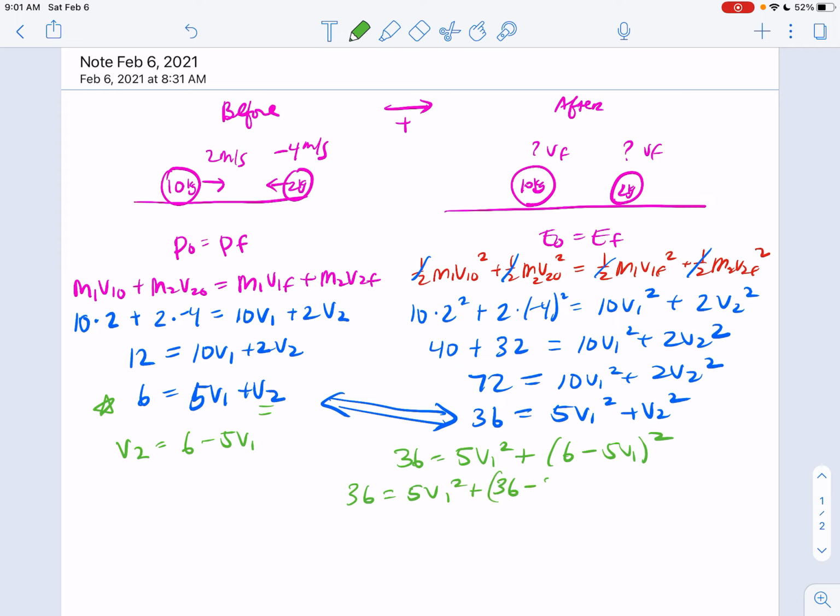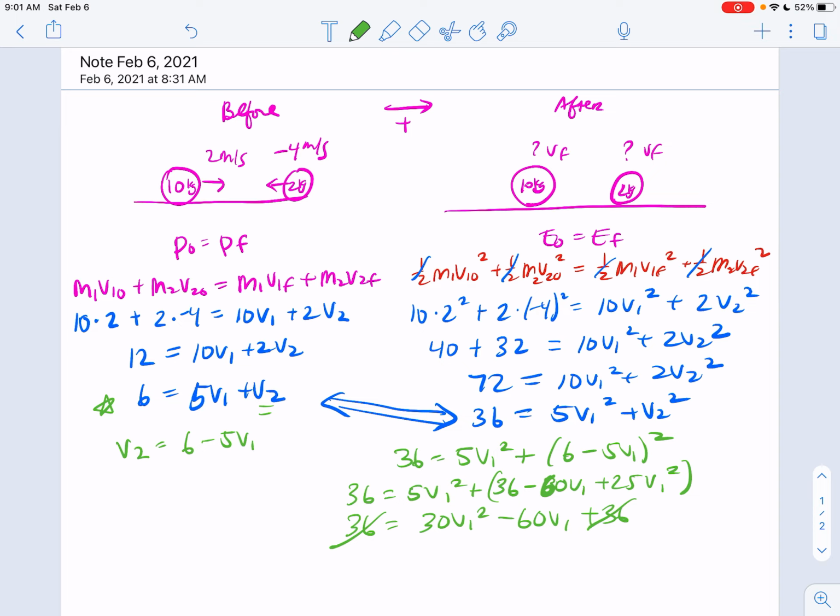36 minus 60 V1 plus 25 V1 squared. All right, and then I can just clean this up. 36 equals 30 V1 squared minus 60 V1 plus 36. And look, those cancel out. That's convenient. Okay, now what I did the first time that I messed up on, which I knew at the time I was messing it up, is